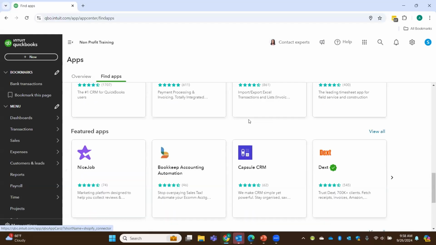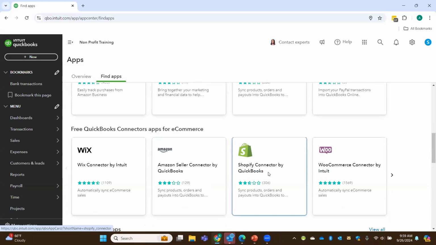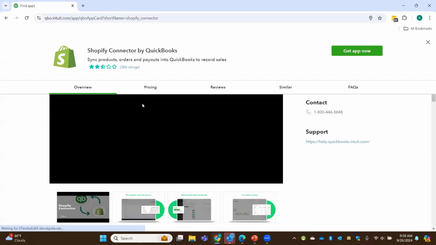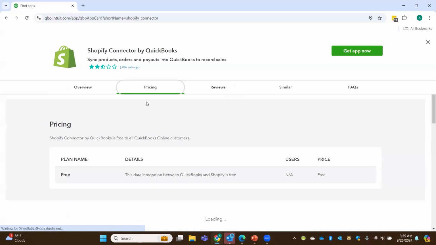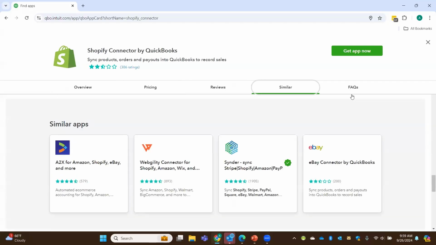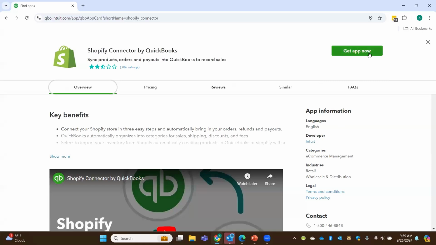Shopify, same thing. You can go through the process, and sometimes there's a fee associated with this, but if you click on it, it's going to show you a video on how to do it. Here's pricing if there is pricing. So this one is free. It's going to show you reviews, similar things, and then Q&A. Okay. So it gives you a brief description. And then obviously at the top, you would click Get App Now, and it's going to prompt you through the